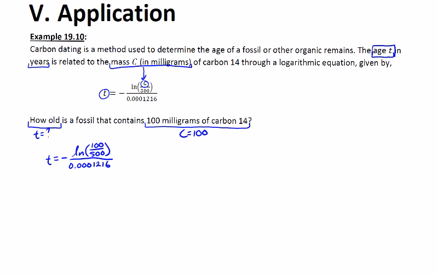And we could do a simplification maybe with the 100 over 500. So we'd have negative ln of 1/5 all divided by our decimal. But other than that, there's not a whole lot of algebraic simplification. Now it just becomes a matter of plugging it into the calculator and getting an estimate. So for the estimate, I will ask you to pause and plug this into your calculator so that way you feel confident knowing that you can plug something like this in using parentheses correctly, order of operations, all that good stuff. Should get approximately